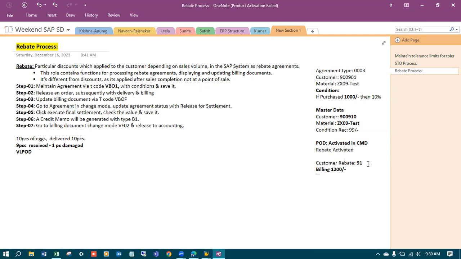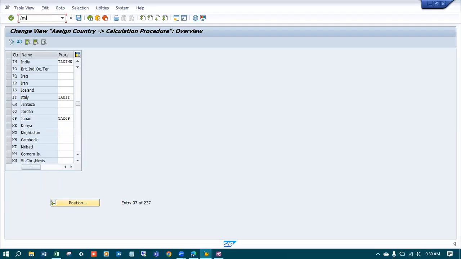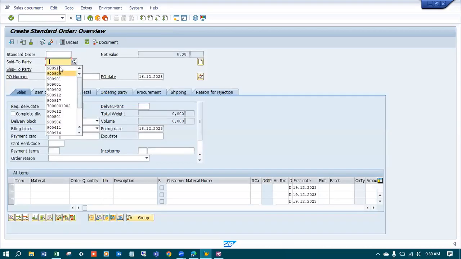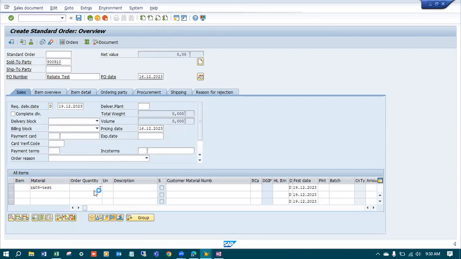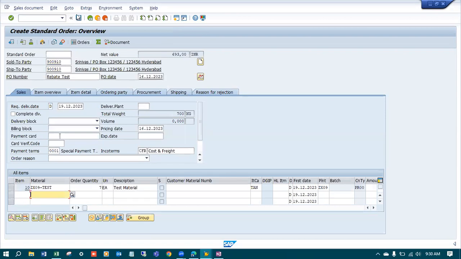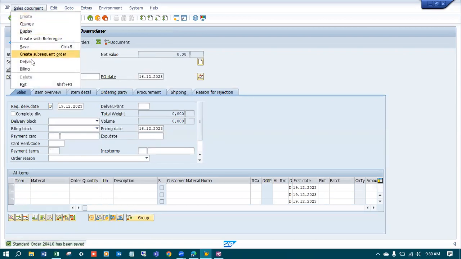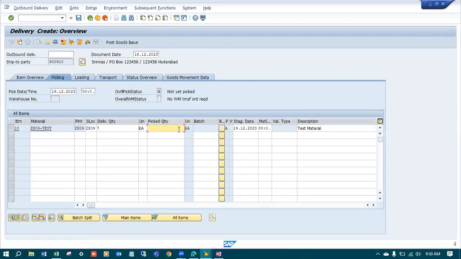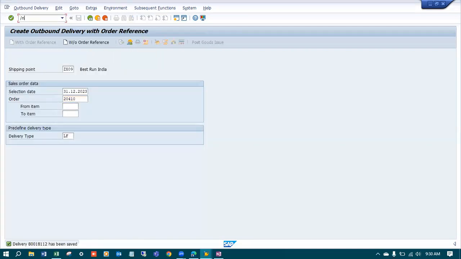Let me create one more order so that I can raise the business volume. I'll quickly create one more order, /n VA01. Order type of the same customer, rebate test, same material, quantity 7 pieces, enter, save it, go for delivery, enter, pick the quantity, post goods issue. Let's make proof of delivery, VLPOD,